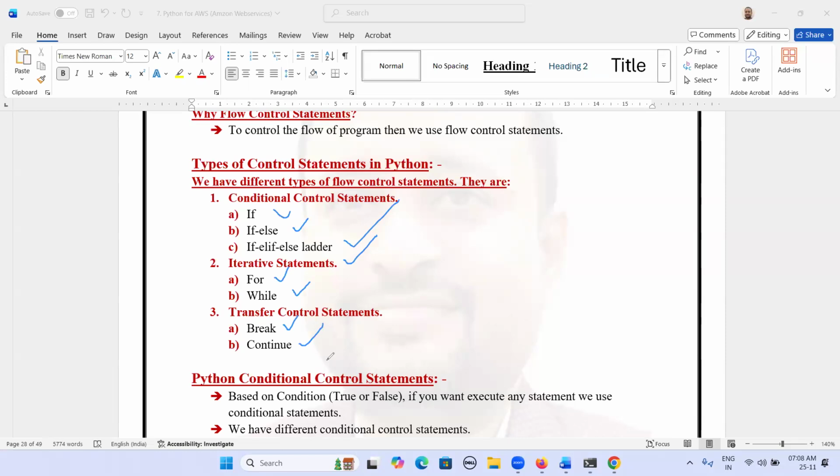We have these three types of control statements. So in this session, we are going to focus on all these three types with different examples. First, let's start with the conditional control statements.